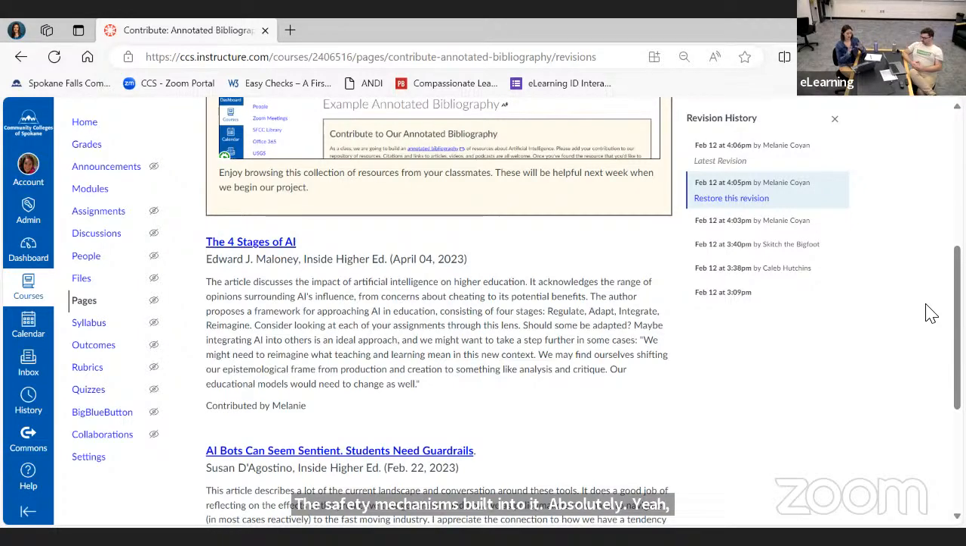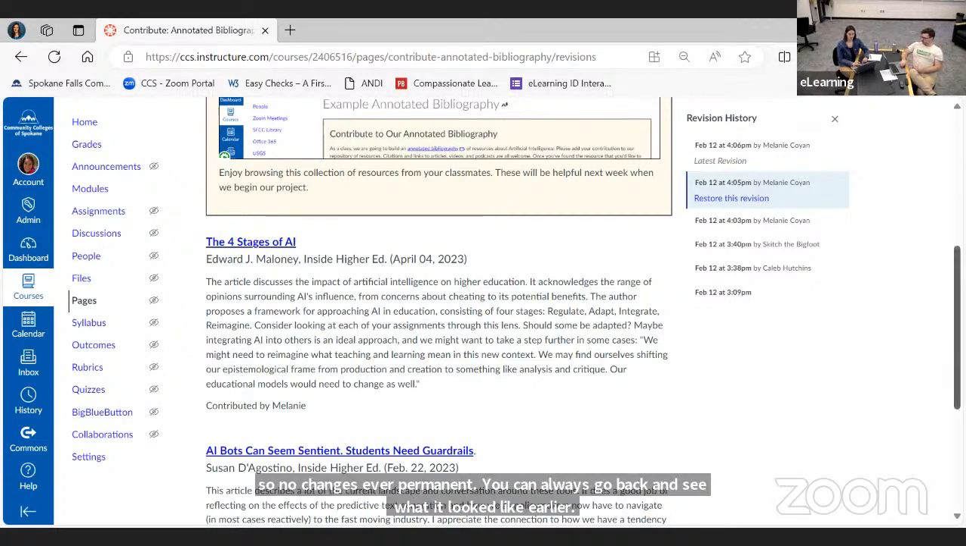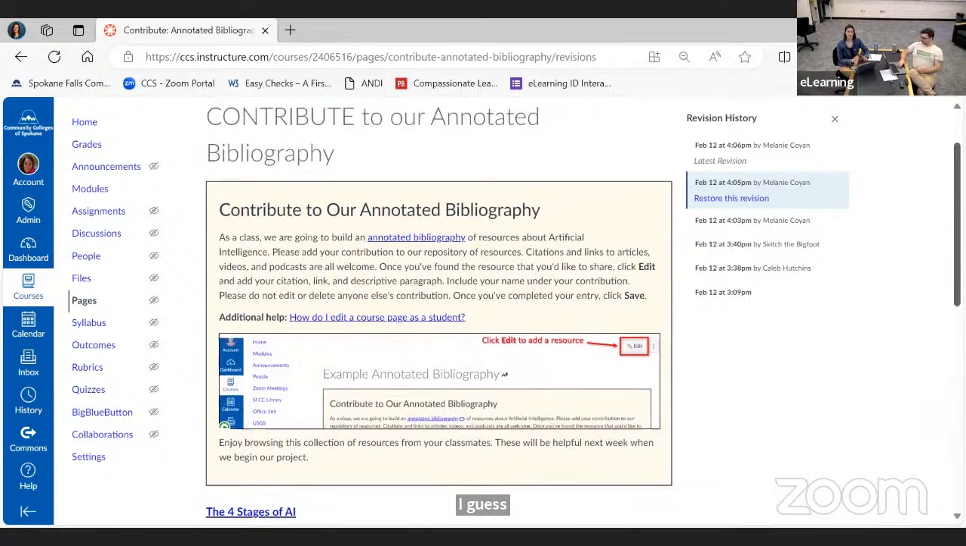I guess the other point, thinking about an annotated bibliography, is that an assignment like this might be something that an instructor wants to grade. Pages aren't necessarily created to be graded, so any changes that are made to these pages aren't going to show up in SpeedGrader. You can't just go into SpeedGrader and flip through and see what each student has done differently. So you're going to have to build that into your workflow if you want to grade contributions to an